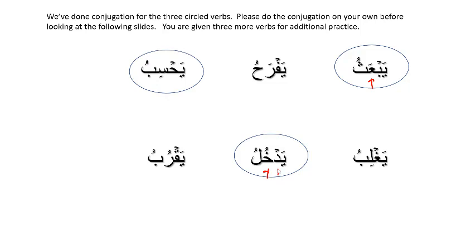The other letters, so the fa letter will always have a sukoon in the present tense, because the fa letter is preceded by the present tense indicator. So in all these cases, I've given you the third person singular. So we will always have a ya over here. The fa letter, which is the first of the root. So notice with faraha, the fa letter is fa, the ayn letter is ra, and the lam letter is ha. And similarly, you can come up with the fa, ayn, lam for the other verbs.